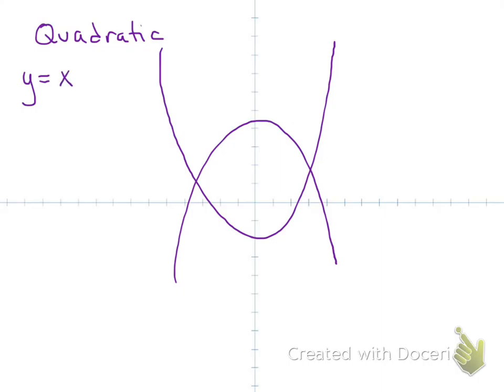It can be something like x squared plus 3. It could be something like y equals 4x squared plus 2x plus 1. And really what makes it a quadratic versus something else is that the highest power used in that equation is the power of 2. So anytime you see x raised to the second power,